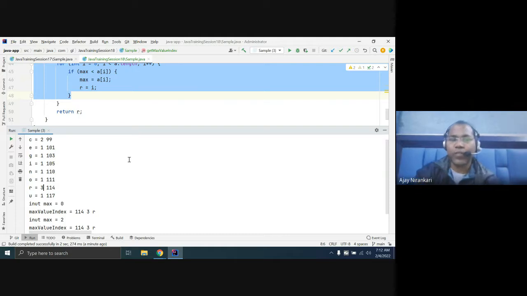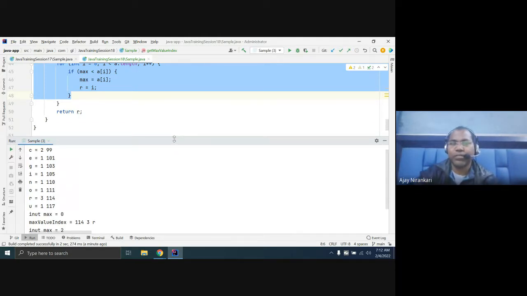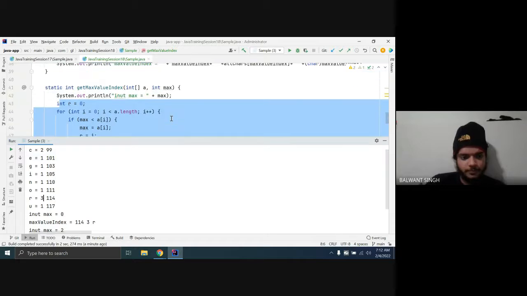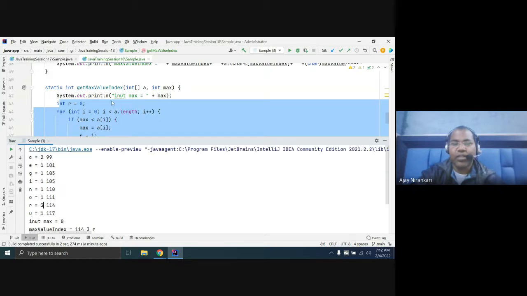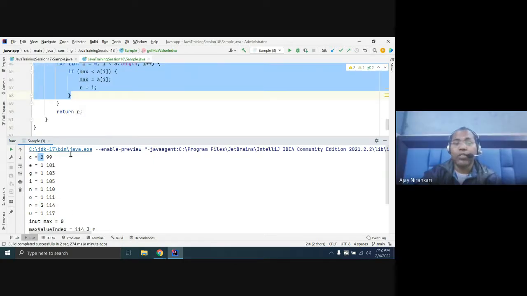Are you getting my point? Yes, sir. So how will you think? You know how to sort the array. If you have an array of all the values like 2, 3, 1, 1, 1, 1, 1, 1, you need a kind of sorting. Then you know 3 is the max, and then I want the next max. I want not the max, but less than this max.